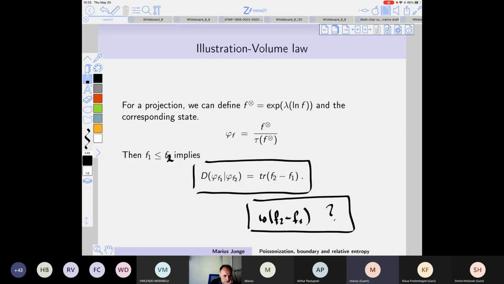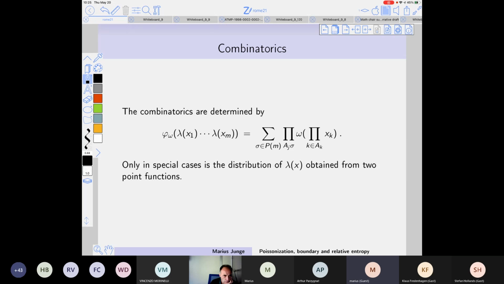Good. So we have these features all together. There is some nice combinatorics of these Poisson processes, which goes over all partition functions. So for arbitrary variables, it's not just 2-point functions. We really have to take multiple point functions. That's a feature I want to mention for those who actually can do something with it.